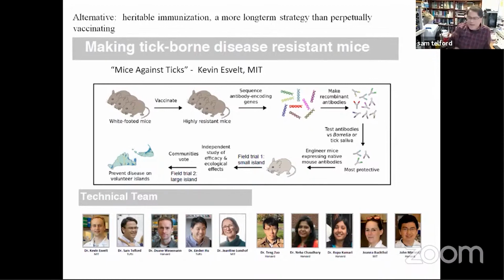But the regulatory agencies, EPA, FDA, CDC, U.S. Fish and Wildlife, Mass Wildlife, all of them will have to review this project, and the amount of red tape that's going to be required will probably take us longer to solve than actually making a mouse. But nonetheless, we're hoping to do a field trial in maybe a year or so, on a small island somewhere, to have a study of its efficacy,